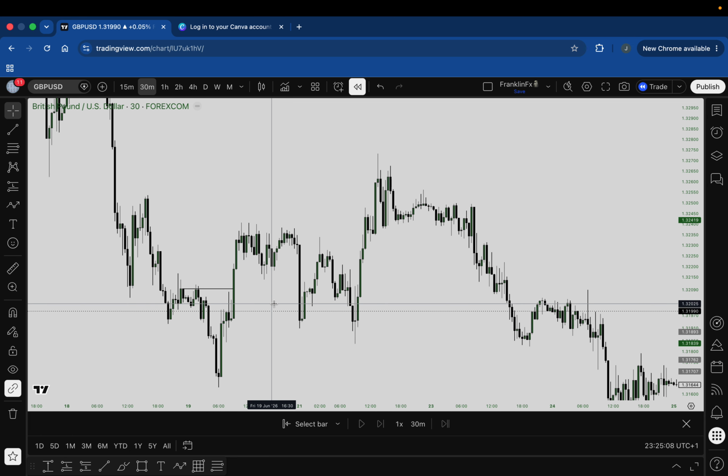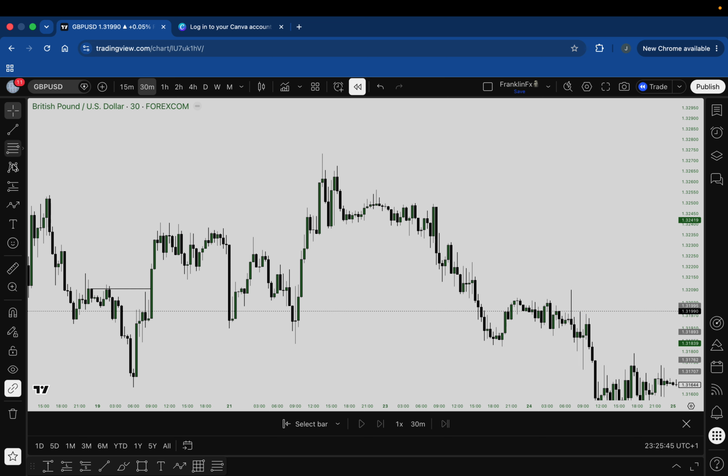So for example, if an engineered liquidity was provided somewhere around here, this is too far. If an engineered liquidity was provided somewhere around here, I could have taken a POI here. But look, a single candlestick all the way from here entered this particular area, my POI area. No engineered liquidity was provided. Because there was no engineered liquidity provided for this POI, it means this POI is invalid for me. I won't take it.